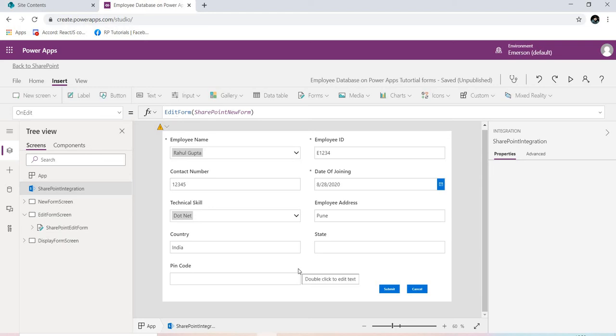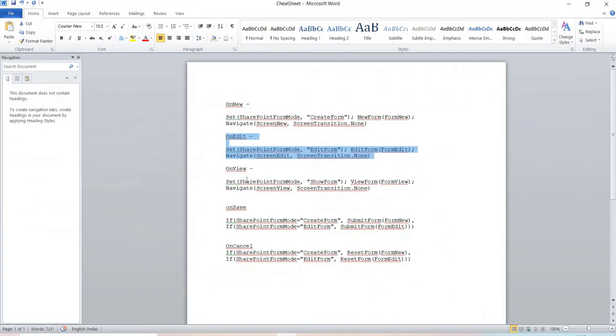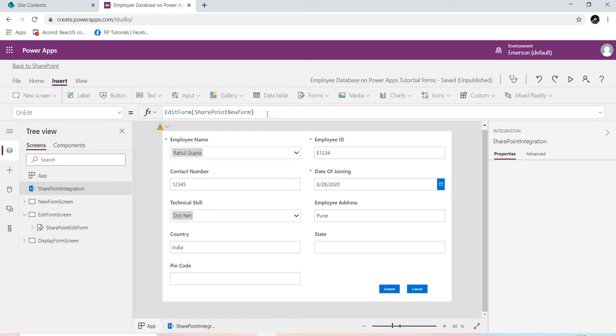So I have a set of formulas with me because we are using this again and again. So I created one cheat sheet. So here it is. You have all the formulas with you. Since this is the default functionality, whenever you are creating or customizing a SharePoint form, you have to create new, edit and view. So this is a repeating function. I have created one cheat sheet that I will provide for you in the description box. You can download it from there. So first thing is on new, or you can start with on edit, on new or on view. We'll go for edit first. If I select on edit, now I will replace this formula.